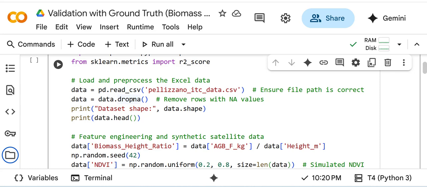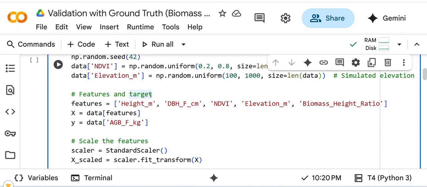Since we don't have real satellite data yet, we will simulate NDVI and elevation using random values between 0.2 and 0.8 for NDVI and 100 to 1000 meters for elevation. The random seed ensures reproducibility.